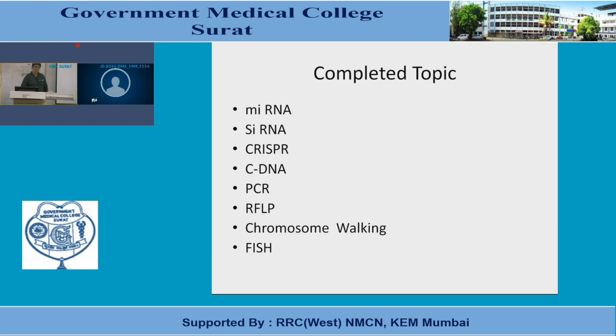The next one is PCR. PCR is polymerase chain reaction. You can get 2 raised to 25, 2 raised to 40, that number of copies of the particular gene in a short time. There are a number of PCR techniques. They are the RT-PCR, reverse transcriptase PCR, and real-time PCR.